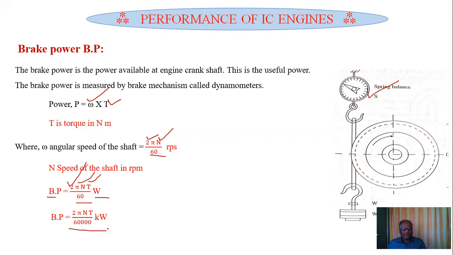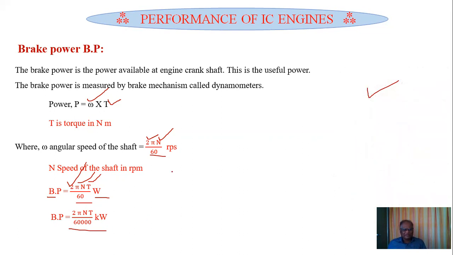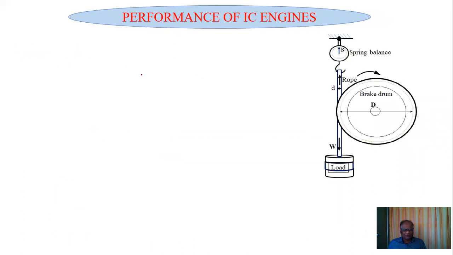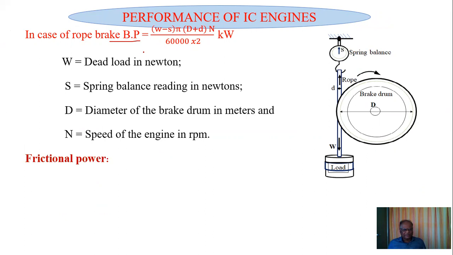Quite natural. What is the loss when converting this indicated power into the brake power? Okay, how the rope brake dynamometer is used is not needed here because it was explained in the first lesson of this series. You can watch my first video, where you can understand better how this rope brake dynamometer is used to calculate the brake power. It is not necessary to explain it once again.